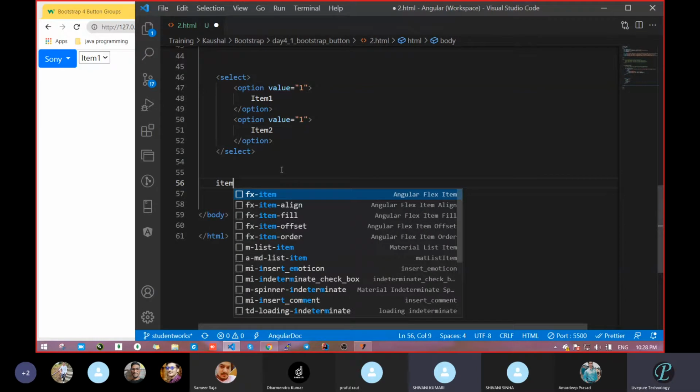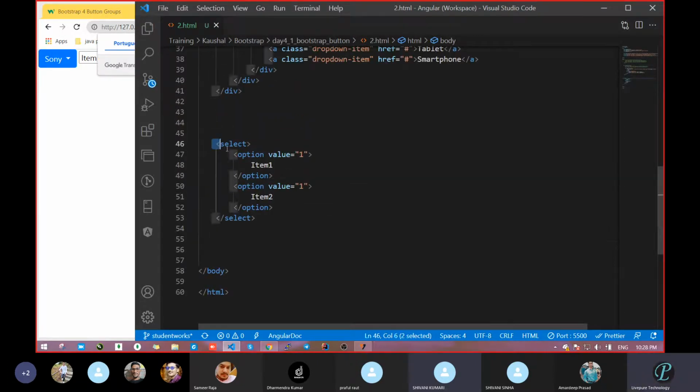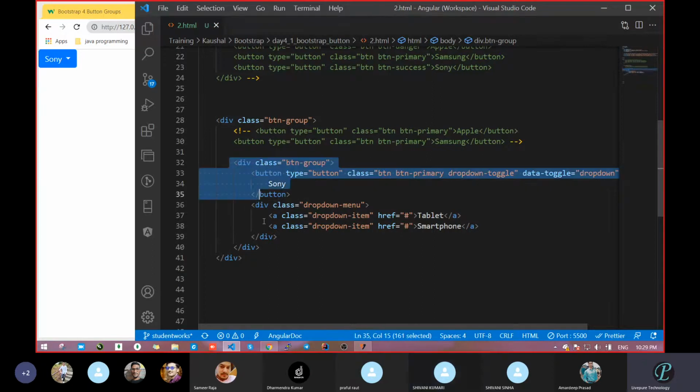In some case we was taking this. Okay, let it go. So what we were doing here previously, say select, and inside we were passing options. Same thing in the case of this Bootstrap dropdown: we have taken first one section, means a complete div, and inside that we passed the button. The button is going to give the name, and inside the button we had passed the class, and with the help of this class, dropdown-toggle, it is giving the icon.